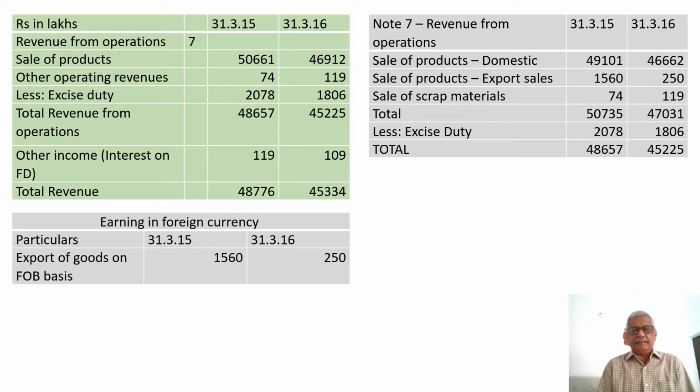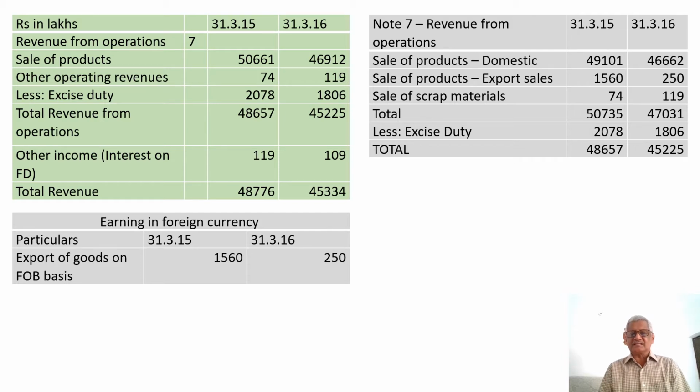This is the profit and loss account statement of a company covering 2 years, that is, for the period ending 31/3/2015 and for the period ending 31/3/16. Now the first part is income. That shows revenue from operations, note 7. For the purpose of better clarification, I have brought the annexures to the notes also along with the main item. So first let us go to the income part of it.